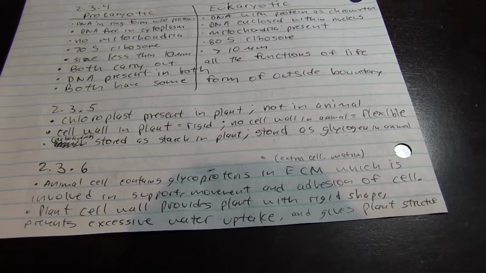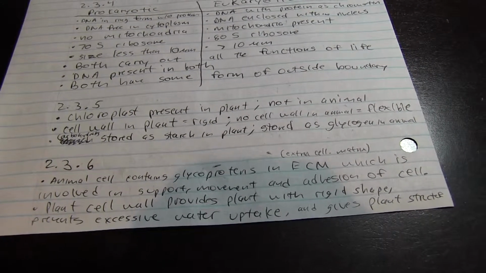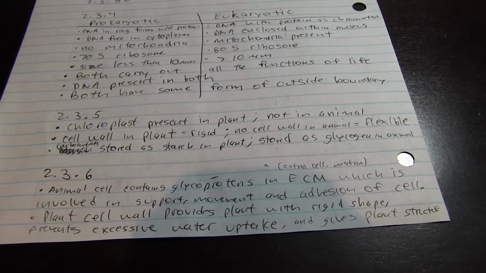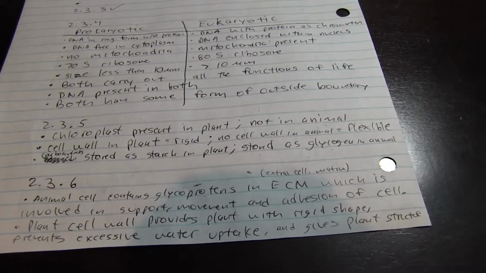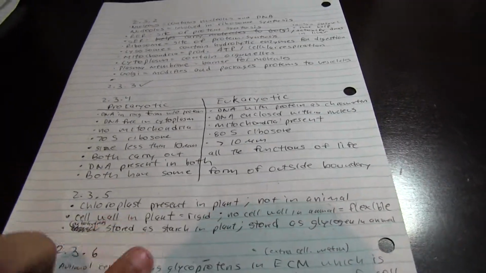For plant cells, the cell wall provides the plant with a rigid shape. It prevents excessive water uptake, and it gives plants the structure that they have. Essentially, it gives them the force to counter gravity. And that's basically all you need to know for